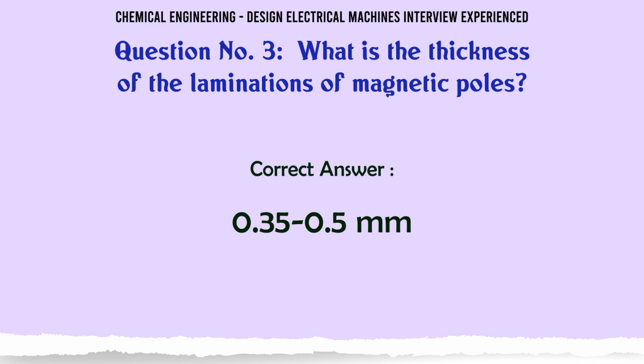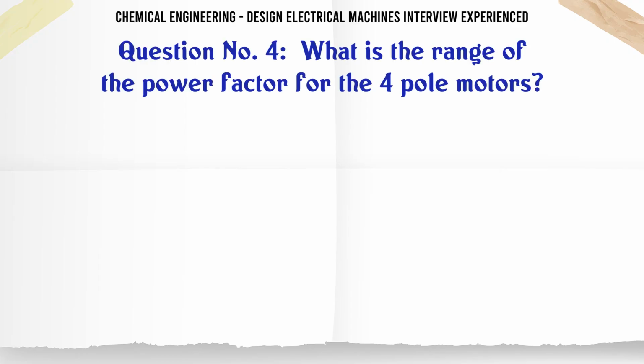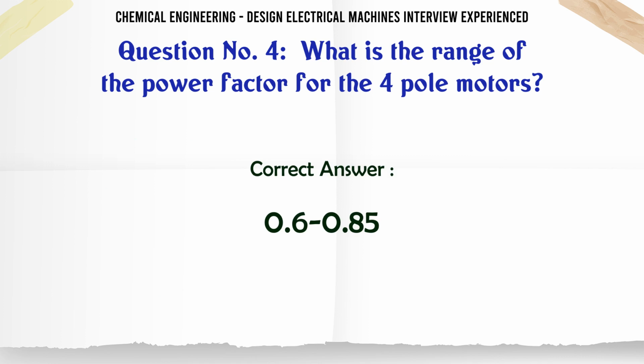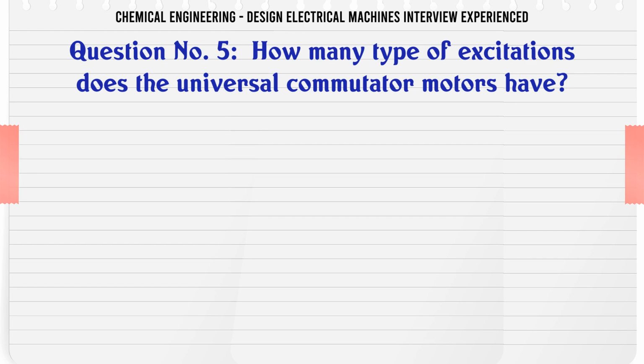0.35-0.5 mm. What is the range of the power factor for the 4-pole motors? A. 0.6-0.85, B. 0.75-0.95, C. 0.6-0.8, D. 0.7-0.9. The correct answer is